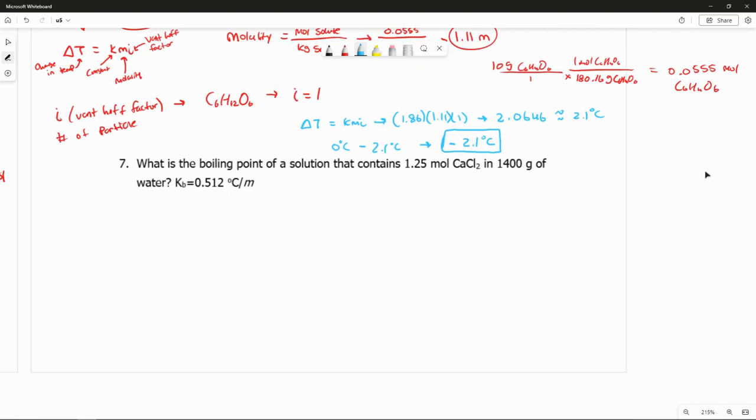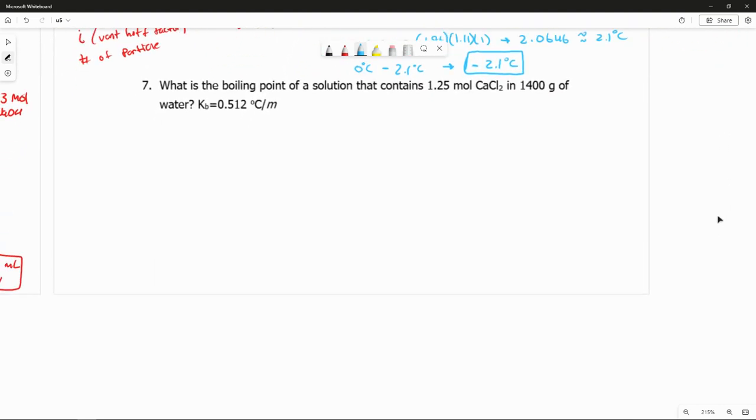All right, you will see some of this same logic in our seventh question as we look for the boiling point of a solution. Take a look. What is the boiling point of a solution that contains 1.25 mole CaCl2 in 1400 grams of water? And it gives us the K for our equation. We know that we're using the same equation as before, delta T equals KMI, and this is given,